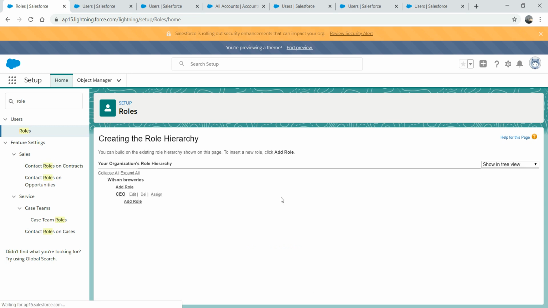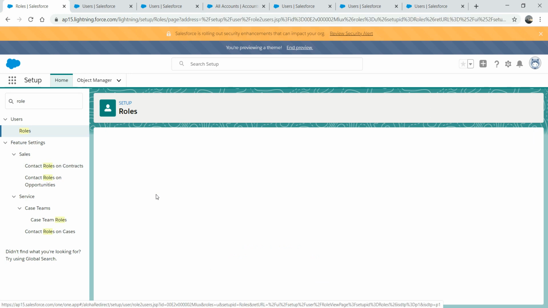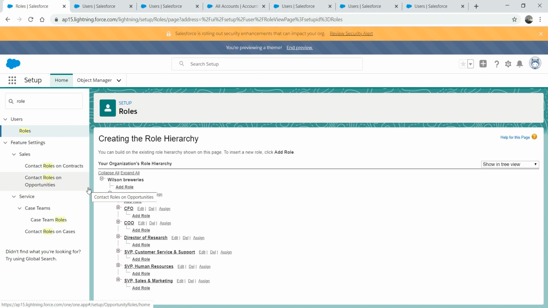So okay, let's set up roles. You can see you have CEO, and under CEO you have CFO. All these kinds of roles are set up, and you can assign the user here. Let's say if you go here, I've assigned Mark. You can assign a different user. You can drag and drop here. This is one place you can assign, or other places by going to the users and setting up a role. And if you want to create a new role, you can add a role here, which will come exactly under here, Wilson, at the top of the list. And if you want to add a role under CEO, you can assign it here,